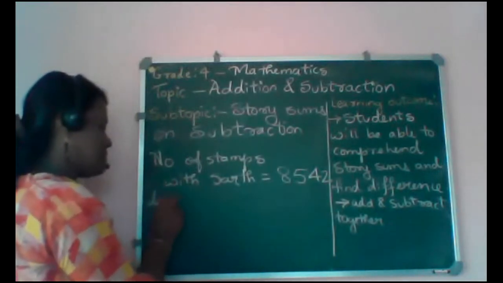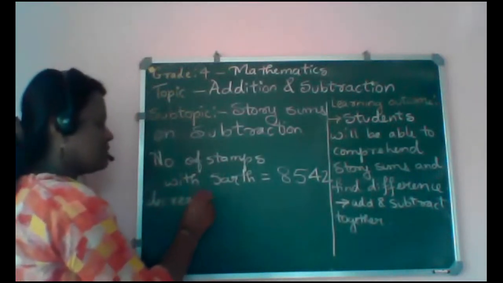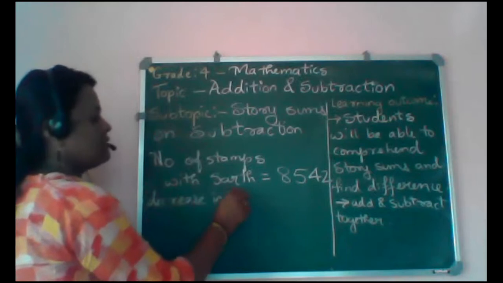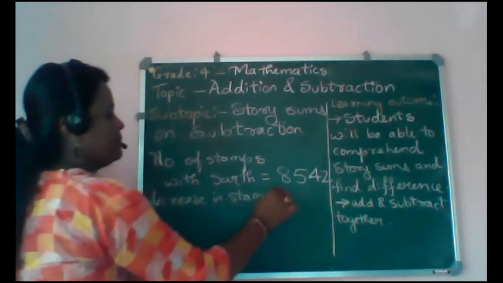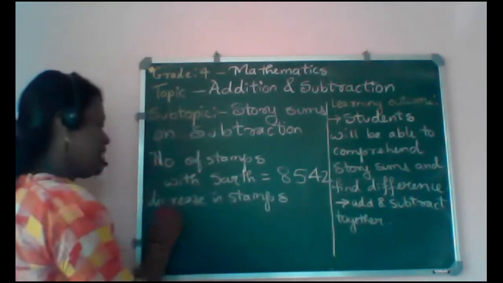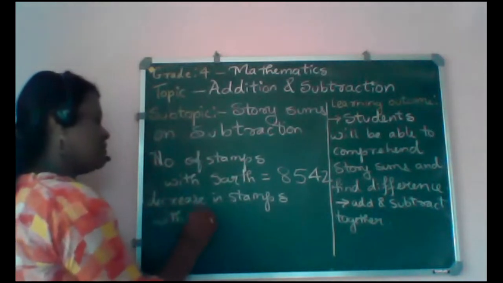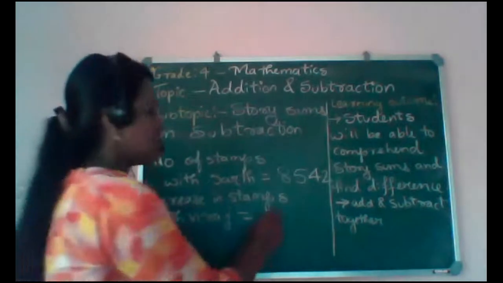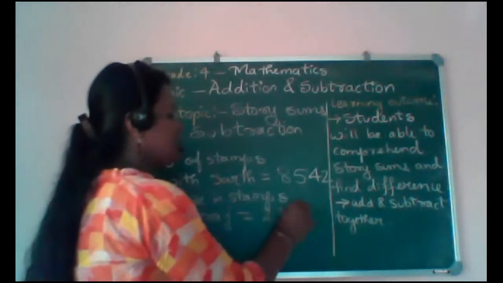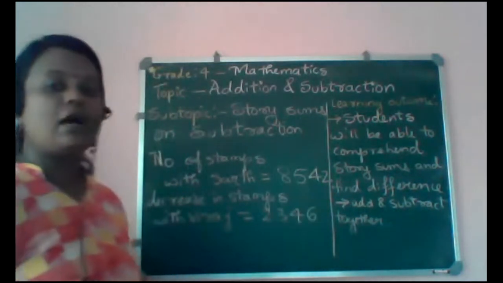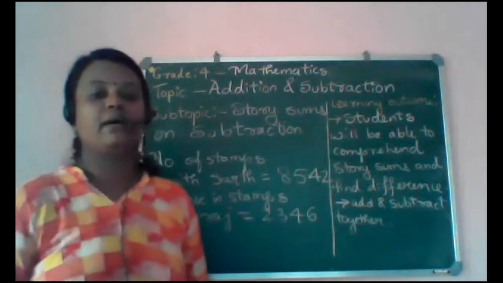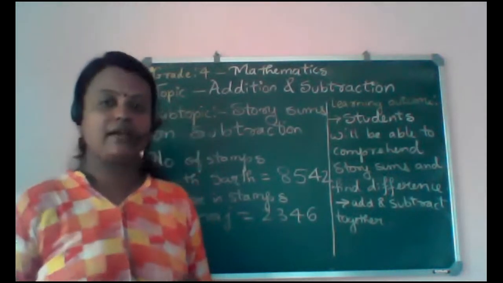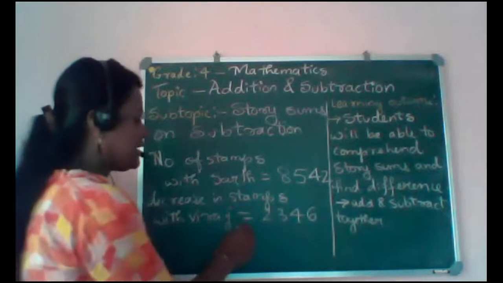Decrease in stamps with Viraj is 2,346. Now, as we need to find the number of stamps that Viraj has, we would be subtracting